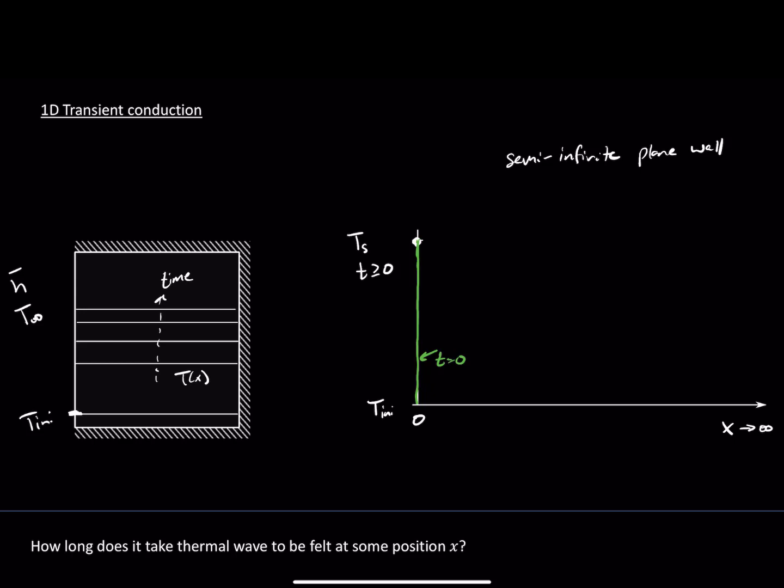Now as you go just beyond that amount of time, where time equals 0, the temperature profile is going to develop inside the domain. So you have time for heat to transfer in. After some small amount of time, maybe the temperature profile looks like this. And then after more time, it sort of looks like this. And even more time, it looks like this. So you're getting this temperature profile that's sort of moving as a wave in time